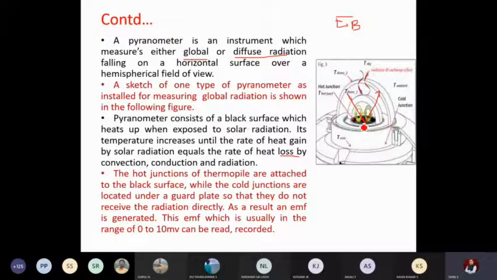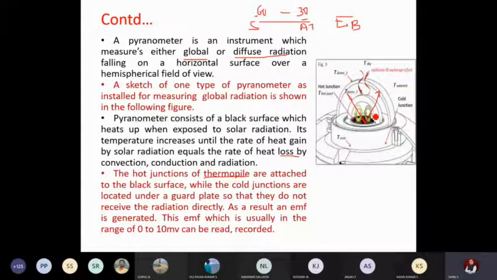Now you can see here the hot junction of the thermopile. You have to measure the temperature basically, and only then can you find how much heat is absorbed by the collector. So how do you measure the temperature? You use a thermopile or a thermocouple. It should have two points. One is the source point where you measure the temperature. The other point should represent the room or atmospheric temperature. For example, this is at 60 degrees and this is at 30 degrees atmospheric. From the difference in temperature, you get the amount of heat falling on it.